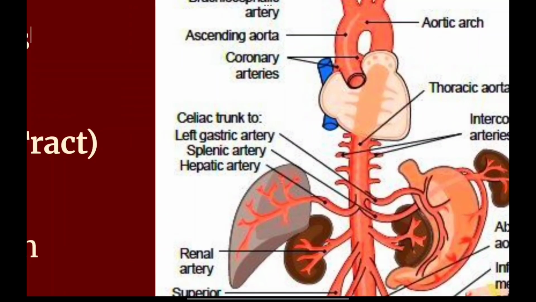You can see there is a blood supply. There is a trunk, the celiac trunk, at the beginning of the abdominal aorta. Here the celiac trunk is dividing into three different arteries, the left gastric artery, which is going to supply the left region of the stomach, so it is providing arterial supply to the gastric region. Next we have the splenic artery, which is providing blood supply to the spleen and the left region of the stomach, the posterior or lateral region of the stomach. Then we have the common hepatic artery, which is supplying blood to the liver.